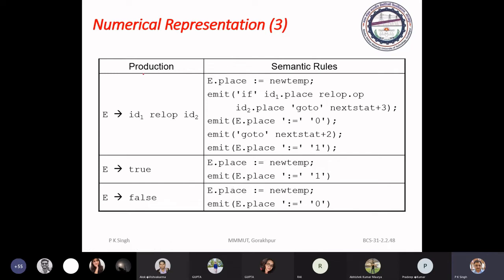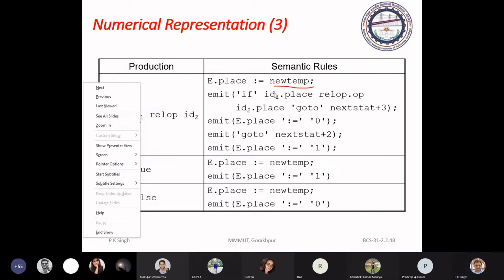In the case of a relational operator, it will generate a new temporary, then generate code: if ID1.place, then that relational operator, ID2.place, goto next state plus 3.